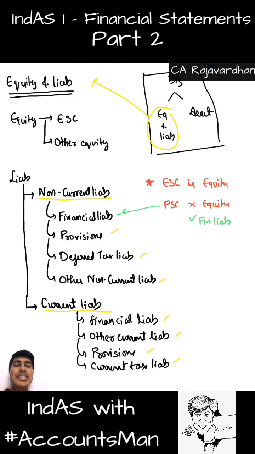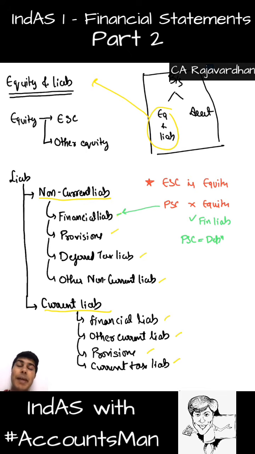Point number one. Second point is, with regard to preference shares, the dividend rate is also fixed. So when the dividend rate is fixed and it is supposed to be redeemed before the business is wound up, how can you call it capital? It is termed as liability. So there is no difference between preference share capital and debentures. Preference share capital and debentures both are the same in our Ind AS era. However, under the accounting standard era, preference share was part of capital and debentures was a long-term debt. Here preference share capital as well as debentures both are long-term debts only.